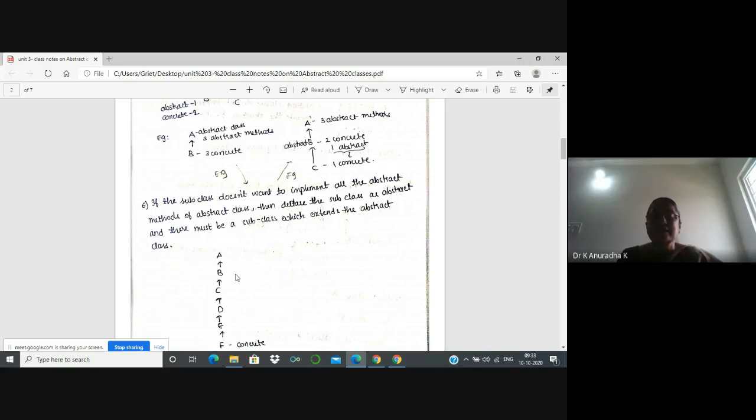Inside class B, I am providing implementation to only two abstract methods of A, and I am not providing implementation to one abstract method. That's why in that case, the class has to be declared as abstract. Means abstract class B extends A.